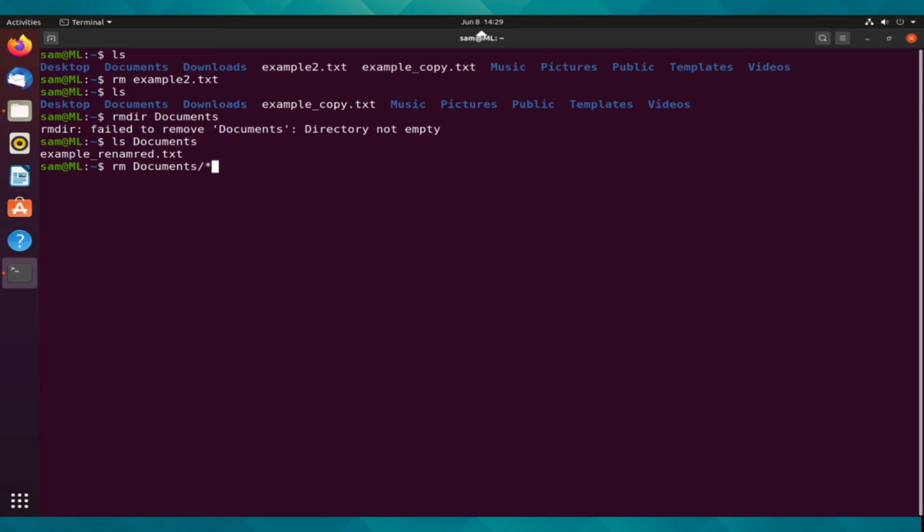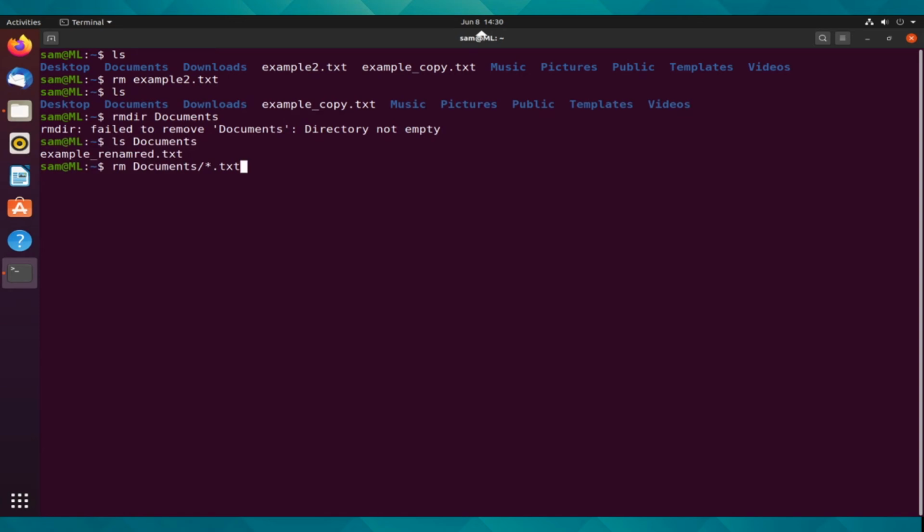Here, it's not a big deal because it's just a random text file. But if you're on a computer with important things, please make sure that you're very careful about using star because it means everything. I can also use it before file extensions if I want to. So here, if I wanted to, let's just say, delete all of the text files within that directory, I could simply do rm